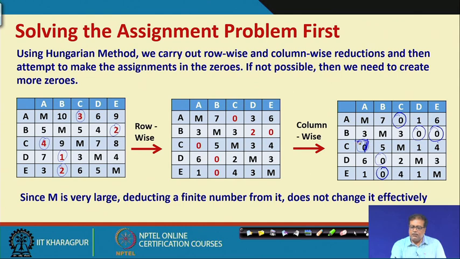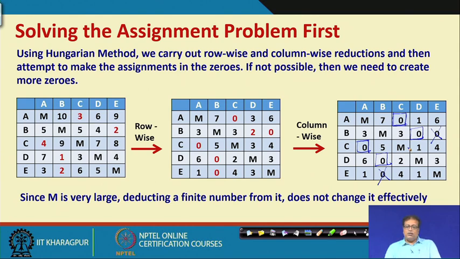Suppose we make some assignment here, right. So, let us do once again. Supposing we make some assignment here in this unique 0, and then this is also another unique 0. So, we make some assignment here. So, we made 2 assignments, but then out of these the remaining ones, suppose moment we have this 0 is gone, moment we have this 0, then this 0 is gone. So, you see we have been able to make 4 assignments with the available zeros, right. So, we cannot make all the 5 assignments.